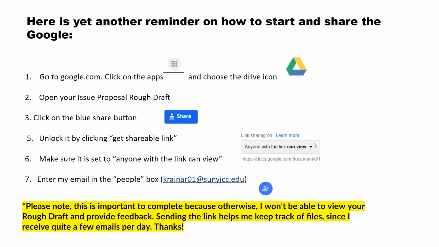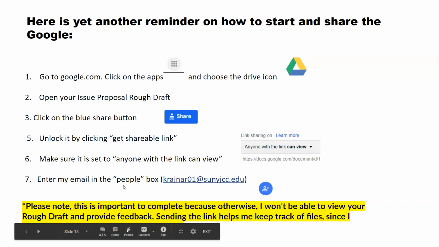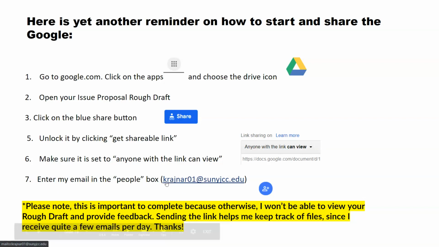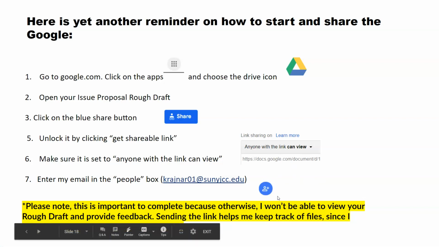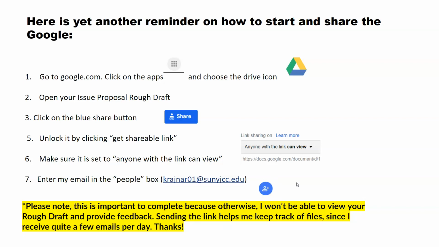So, like I said, the easiest way to do that is to enter my email when you go to share it, and you can copy and paste my email right into the little share box when you click this button in Google Documents, and what that will do is send a notification right to my email inbox. Embedded in that email will be the link to your file, and that way I can provide feedback and make sure that I get feedback to everyone, and I am not spending time tracking down files, because that can be very difficult when you receive almost 75 emails per day. So if you can please do that for me.